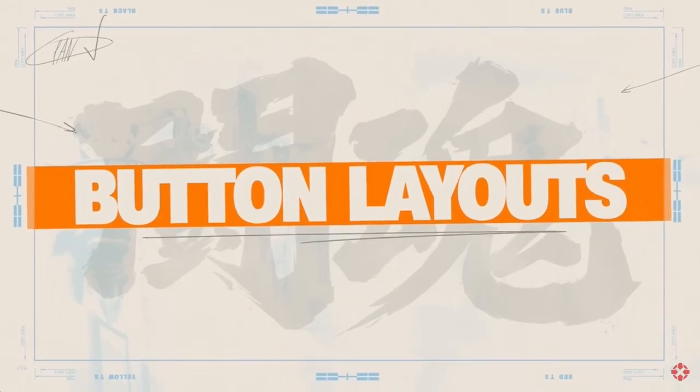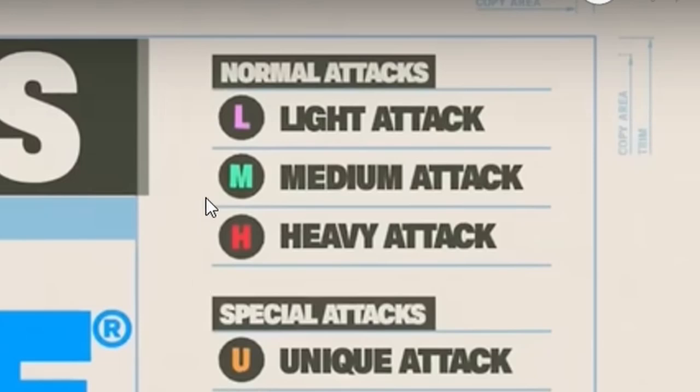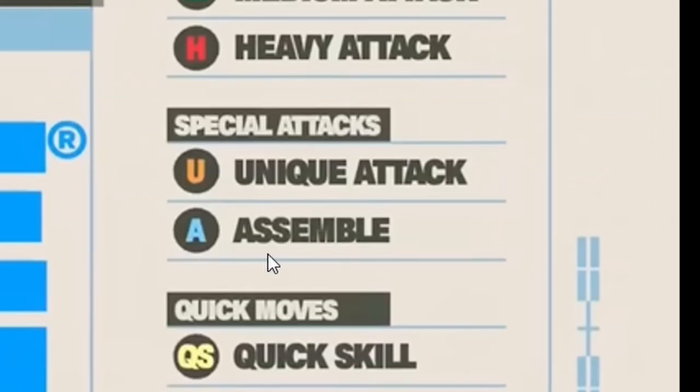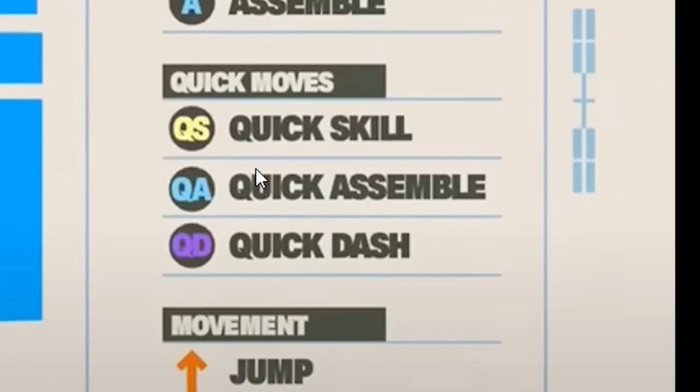Here's a look at the button layouts for both controller and arcade stick. Okay, this is going to be important. So obviously we know light, medium, heavy. That's simple. We have unique attack and assemble. So assemble is going to be assist. And unique attack, I guess that's the special attack because it says special attack right there. Quick moves,